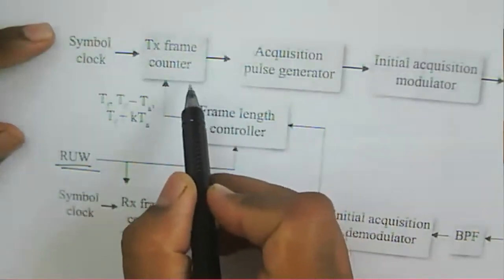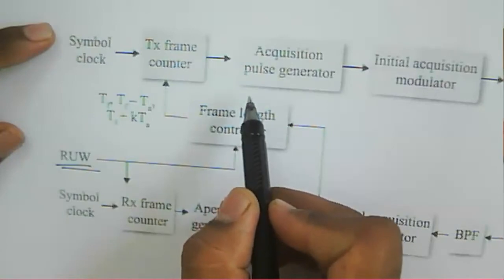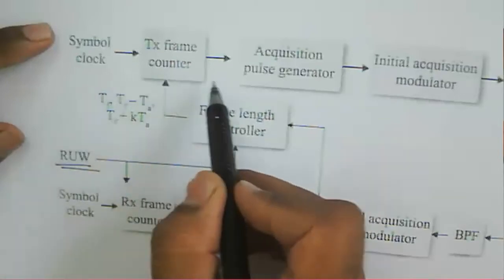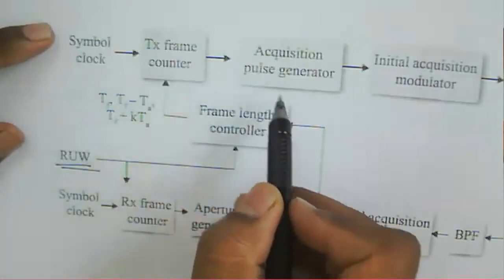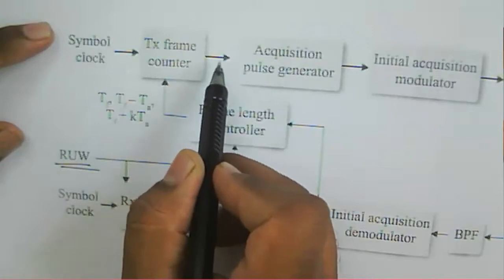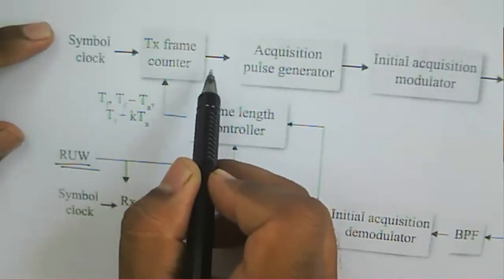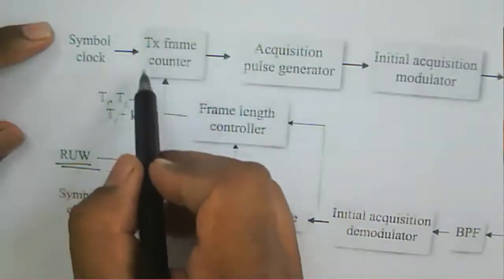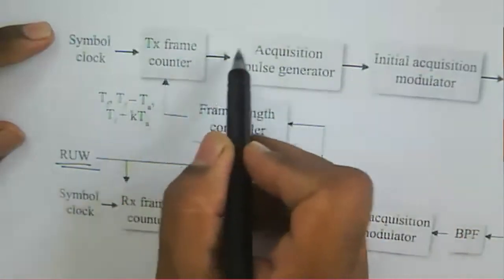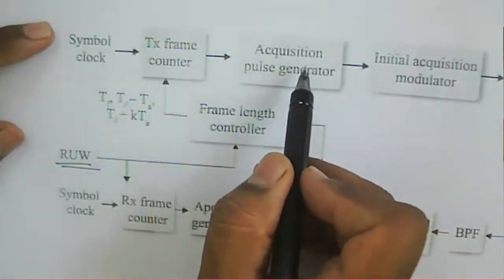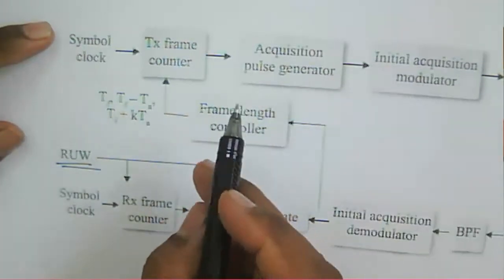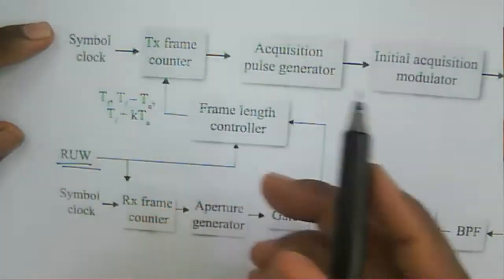And in the case of a transmit frame counter, that is nothing but a counter that generates the initial acquisition pulse. Through that counter it will generate that initial acquisition pulse, and that pulse is to be transmitted, and the transmitted frame,